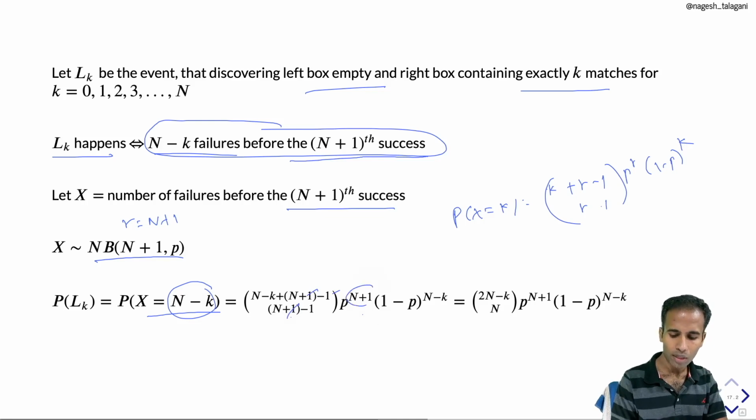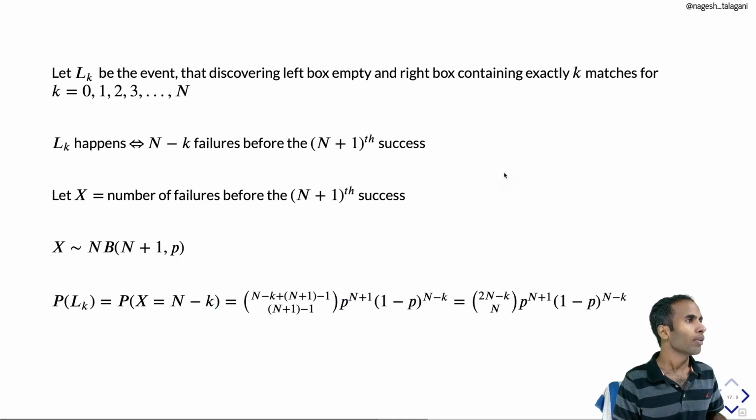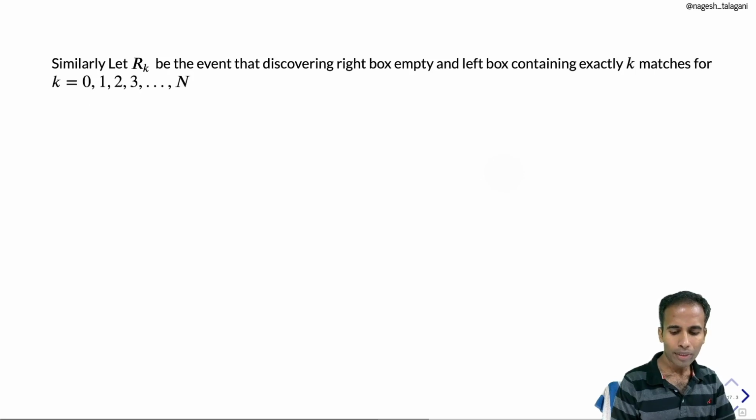Okay, this is r, this is like a k. So this is going to be (2n minus k choose n) p^(n+1) (1 minus p)^(n minus k). This is the probability of Lk. Similarly, let Rk be the event that discovering the right box empty and the left box contains exactly k matches